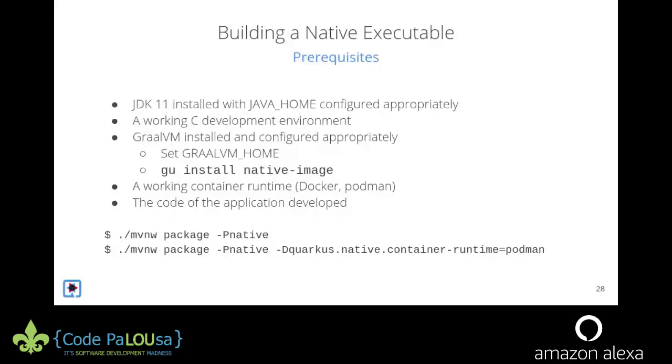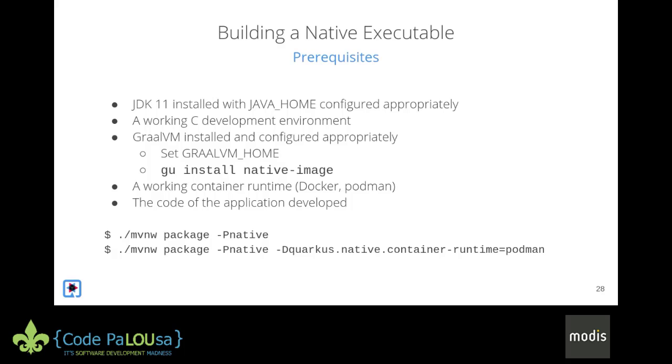We're moving towards 8 is still supported, but 11 is the preferred. And moving forward, JDK for Graal, Quarkus moving forward. If you want to do native compilation, you just have to install a native image using a Graal command. So you'll install Graal and then install this native image, and that will help with creating the native executable. And then you see just an example of how you would invoke that compilation of a native executable.